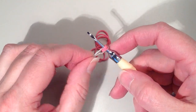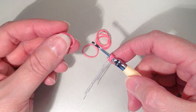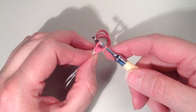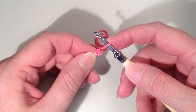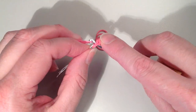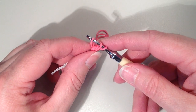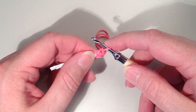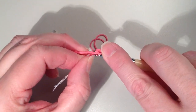So if you didn't have the twist tie, you would just use your fingers to grab the 3 loops each time. So you're taking your next band, you're going to pull through the 3 loops, back on your hook, you'll have 2 loops, and then you're going to pull one through the other. And then from the front, you're going to push back through those 3 loops, pull through your second band, get it back on your hook. This time you're going to have 3 loops, and then every other time the same. Pull one through the other 2, back through, pull through your third band,